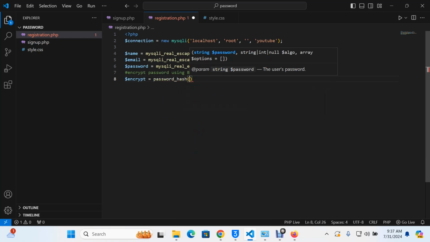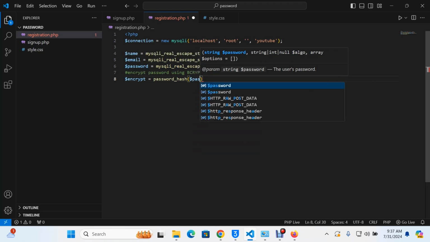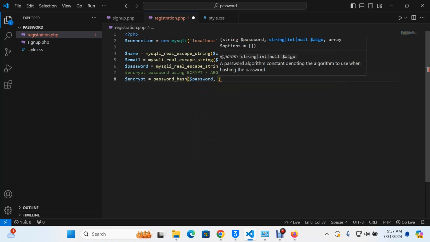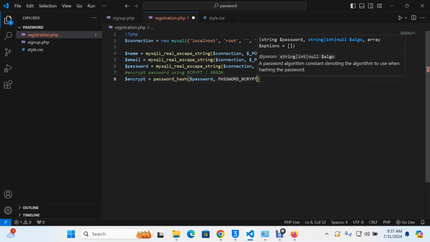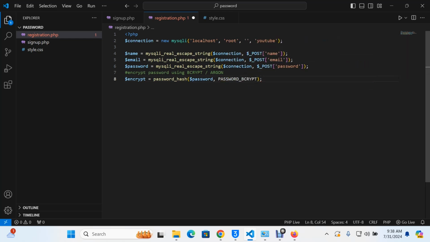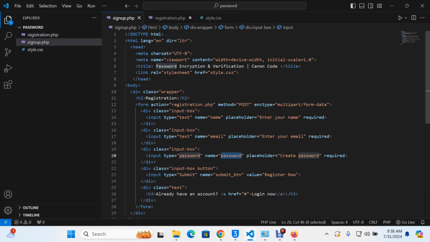This is the password hash, and the first value in this function is the $password, which is a string. And then to encrypt, now we will be using the Bcrypt. So I'll say password Bcrypt. Now, doing this, to see whether it's running correctly, first what we'll do is I'll run this, I'll submit